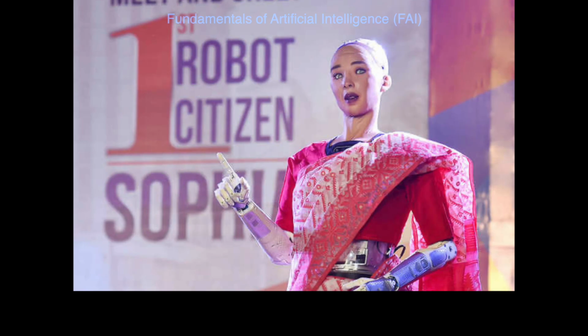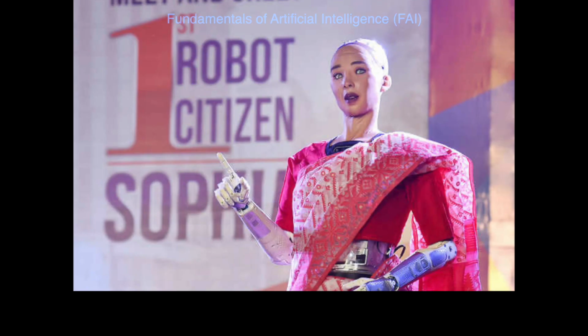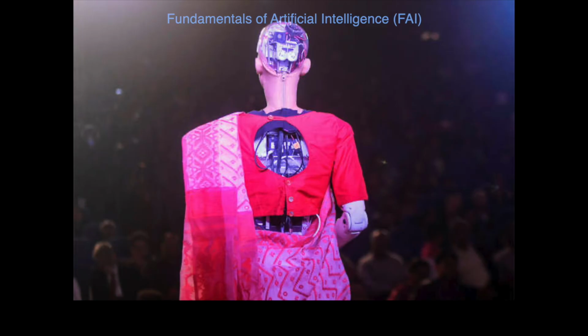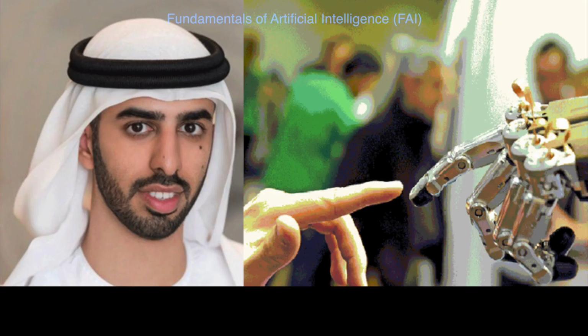And in the year 2016, I think quite many of you would already know the robot Sophia, which was developed by the company Hanson Robotics. And this is the first built robot with 50 facial expressions. And you can see the picture which is illustrated here, the robot Sophia. And later, countries such as the United States, China, and Europe officially announced that they have an artificial intelligence strategy in their national science and technology councils. And in the year 2017, the United Arab Emirates, UAE, was the first country to have a minister in